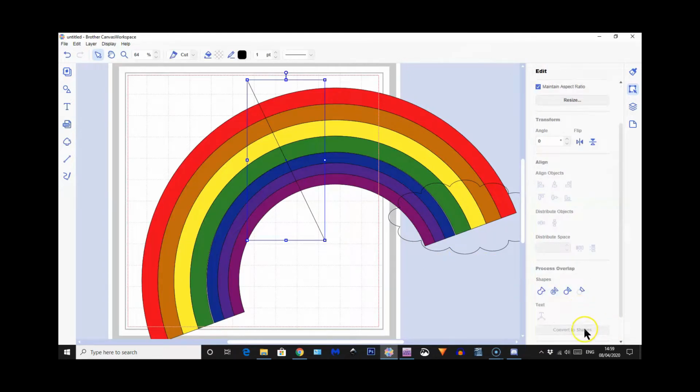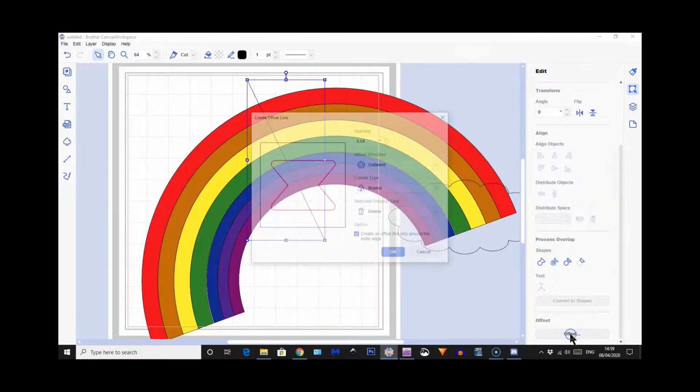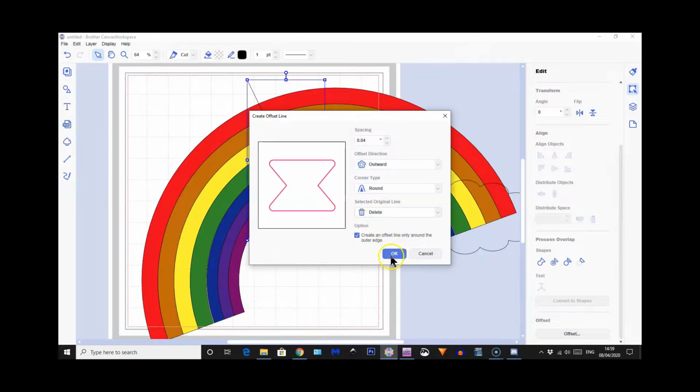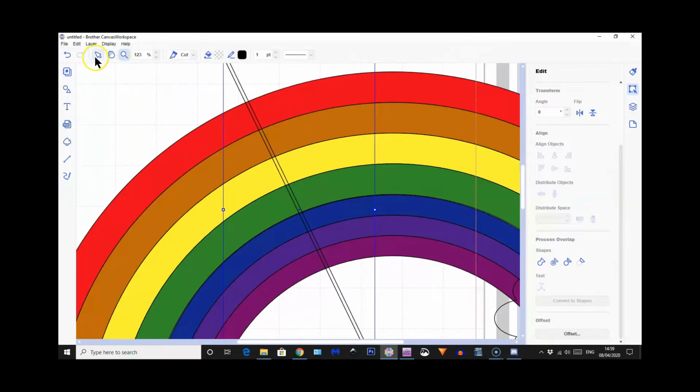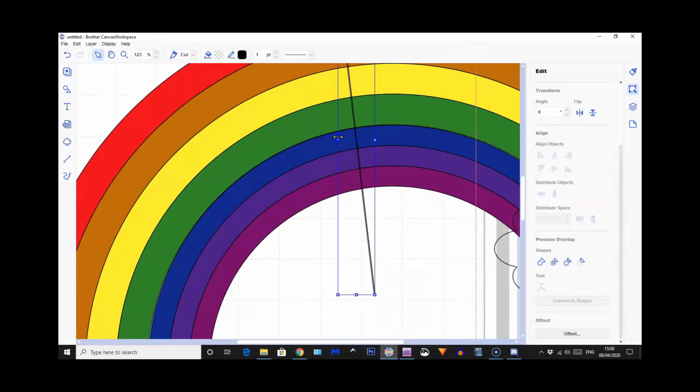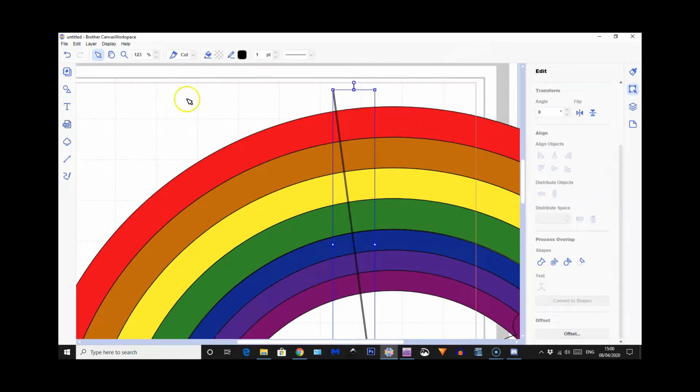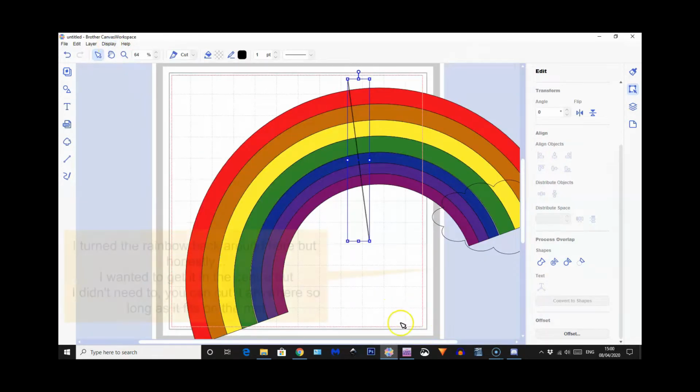And again, offset, delete original line, and then we're going to go in close because we don't want a gap in the rainbow. So we're going to take it in. There we go. We just want a very fine line. So display, zoom to mat size. I think what I should have done,